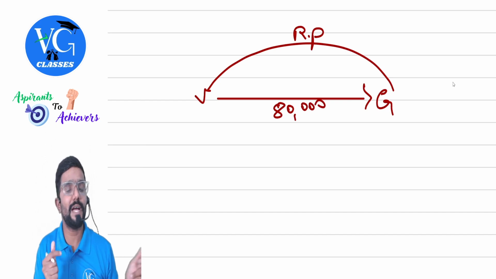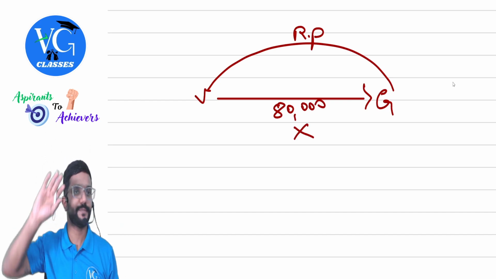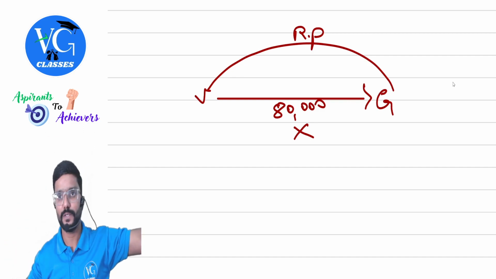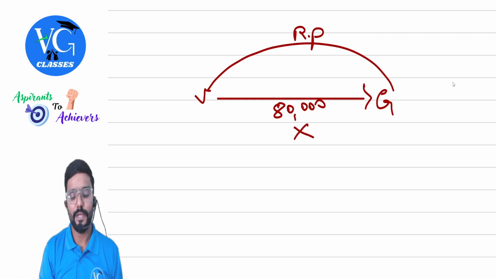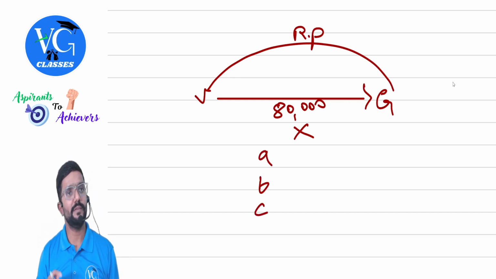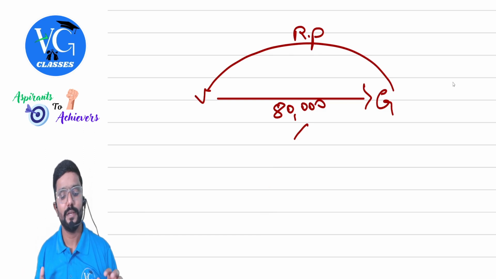Value of supply between Vikas and Girish is how much? 80,000. They're telling, don't take this. We will ignore this. What they're trying to tell us, in the rule they told A, B or C. You take any of this. But later in the proviso they're telling,